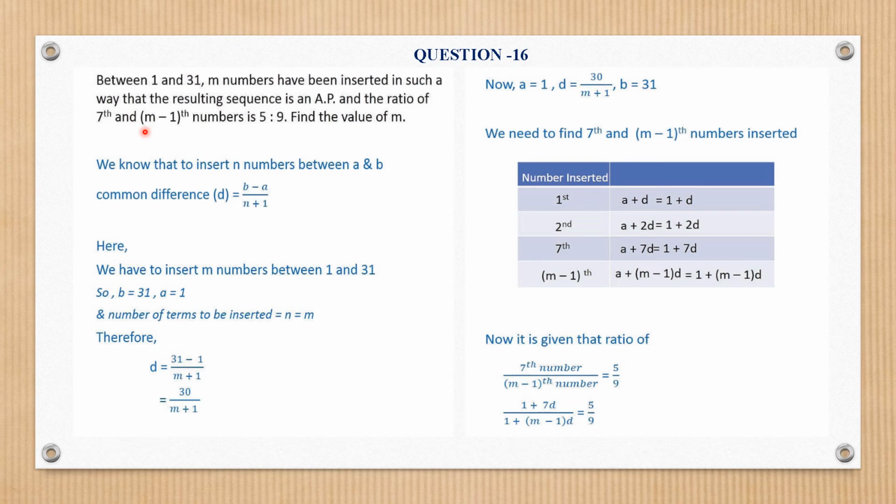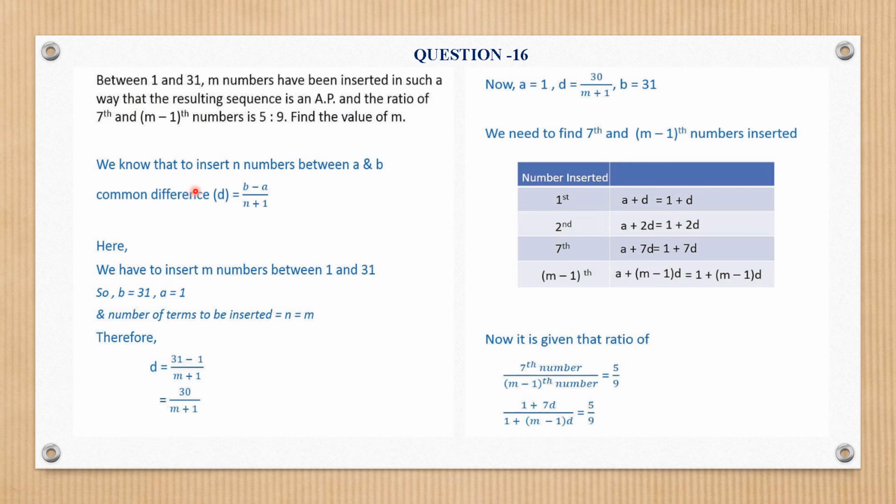Now see, we have done it: to insert n numbers between a and b, the common difference d is b minus a divided by n plus 1. This is also a short formula, a short trick for this question, so that we can get n directly. Otherwise you have to work out a larger process also. I will also give you that type of solution, which will be provided to you. So whatever you find, it will be good for you.